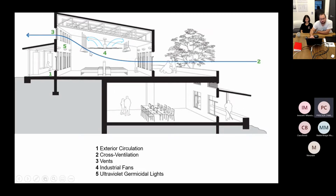You will need cross ventilation, and you need this height difference, because besides the temperature difference and the wind velocity, obviously this height difference matters when you want to achieve high ventilation rates. In the spaces, there are also some office spaces that don't have this high ventilation requirement, but the patient rooms are up here where we get the ventilation, and then this was basically the exterior circulation that the